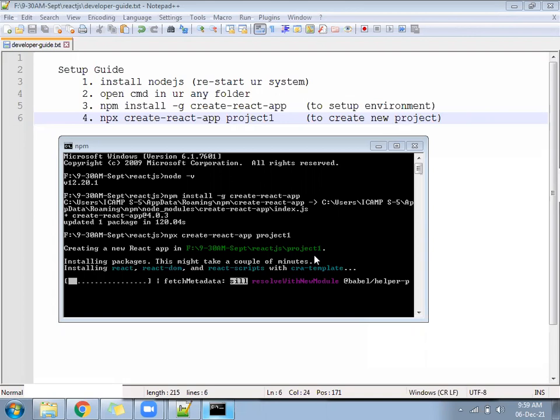Whoever sets up the project can reply yes, completed. At last it will say happy hacking. If the project gets installed properly, it will say happy hacking.